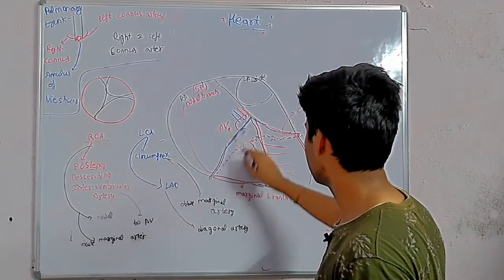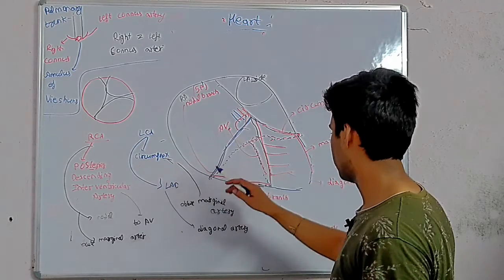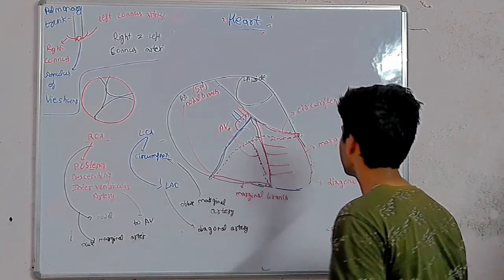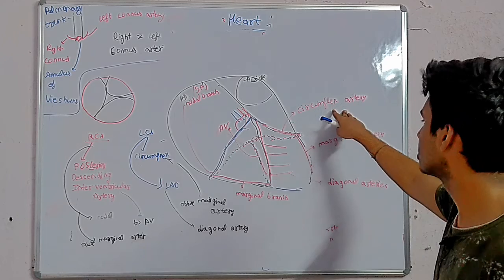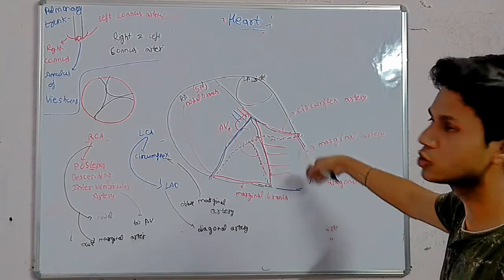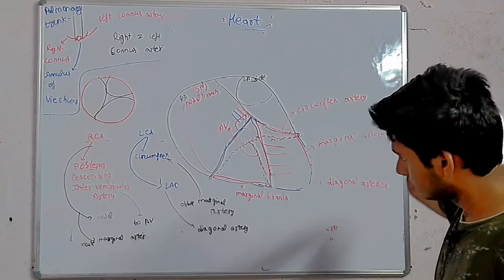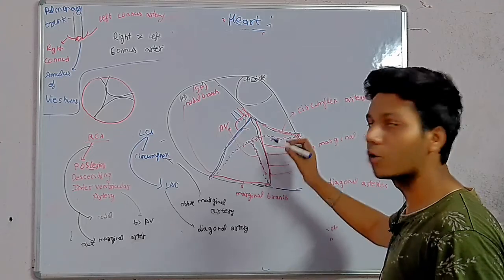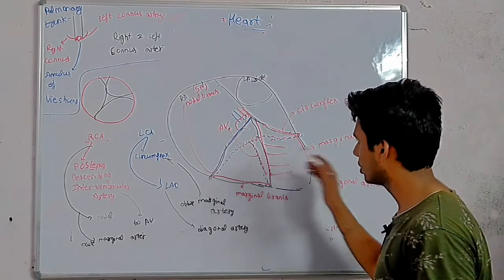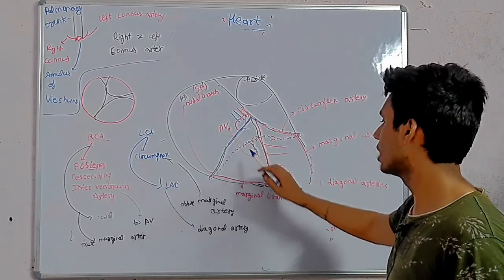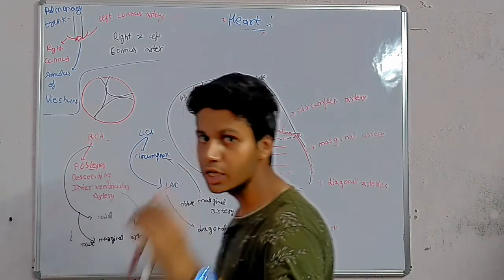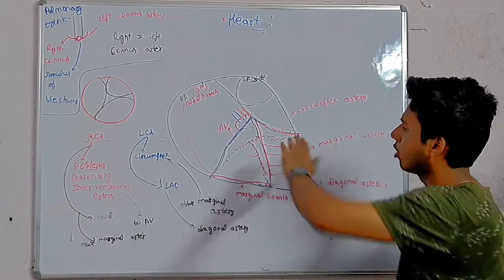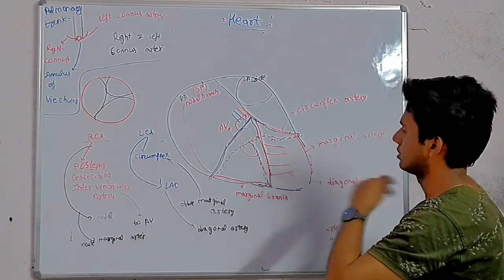One branch of the right coronary artery goes to the nodal region. The marginal artery goes to the inferior margin, the acute margin. Another, the circumflex marginal branch, is the obtuse marginal artery, which is near the obtuse margin, the left border. Some are diagonal branches, which are of the left coronary artery's LAD, and AV branches arise from the first branch of the posterior descending artery and supply the AV node. The first branch of the posterior interventricular artery supplies this.